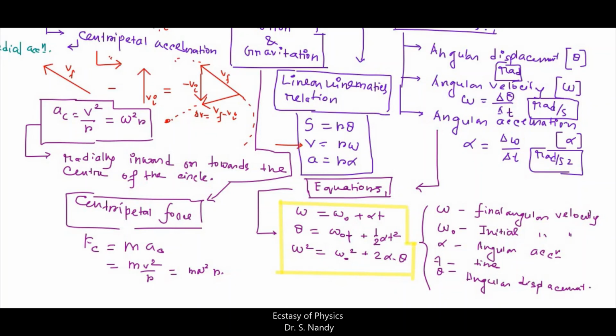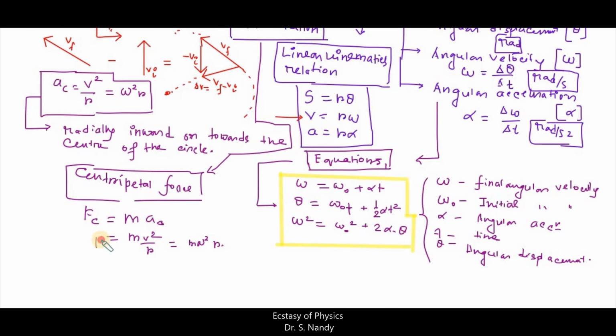There are multiple applications of this centripetal force. In case of planetary motion of any planet, the gravitational force is going to provide the centripetal force. In case of motion of any car in a circular turn, if the road is horizontal, the frictional force is going to provide the centripetal force. So those are the different applications we have in circular motion, and this is the expression of the centripetal force: m omega square r, exerted radially inward.